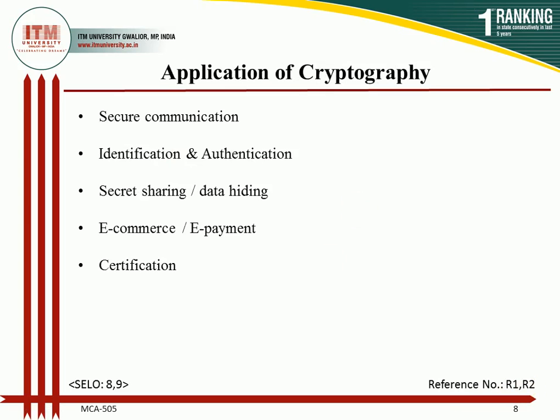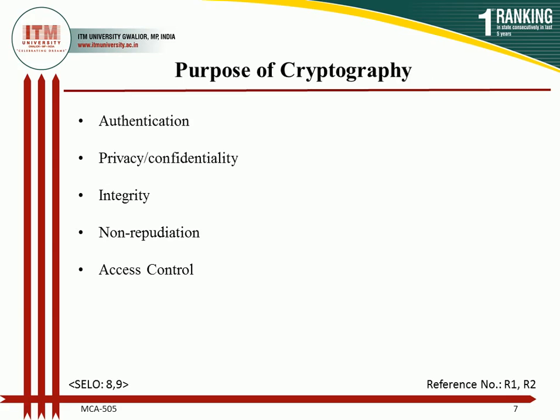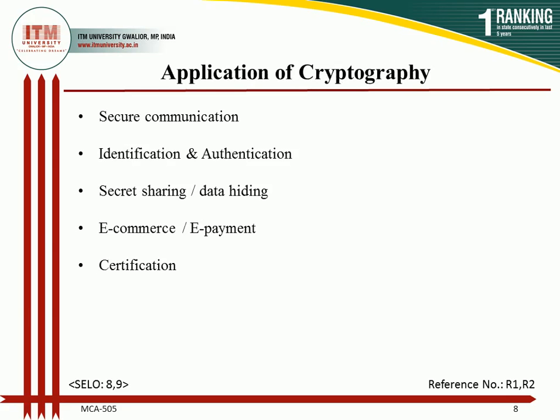Now, if we are talking about the applications of cryptography, we have already discussed the purpose of cryptography, from which we already know what the applications are. The first one is secure communications. As we already know, with cryptography we can encrypt or encode the message and send it to the receiver over the network. So it is secure communication over the network, because the actual messages are not sent in plain form but in encoded form. In that case, it provides secure communication over the network.